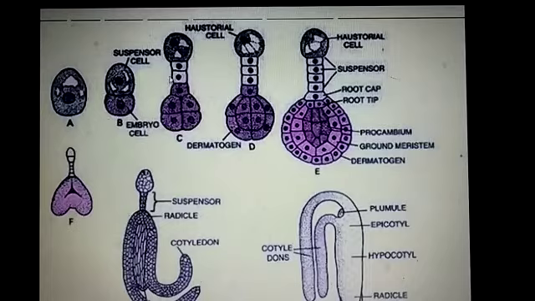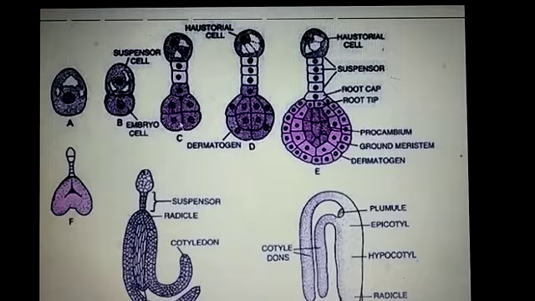The suspensor cell, after several transverse divisions, forms a neck-like structure. Here you see this neck-like structure, and the last cell of this suspensor is called the haustorial cell. The use of the suspensor is to push the embryo towards the endosperm, because the developing embryo gets its nutrition from the endosperm. And the embryo cell forms the proembryo.